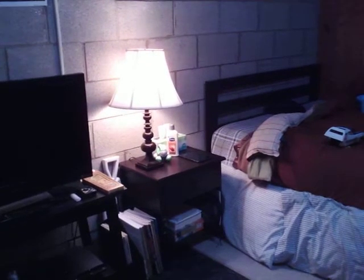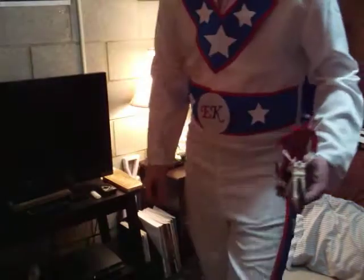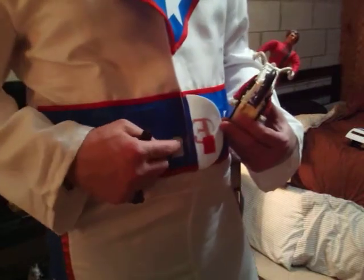Hey everybody, I just wanted to do another Evel Knievel collectible video. I picked up this jumpsuit off Amazon for like 45 bucks or something. The belt, I needed to add a piece of Velcro to the back side to receive this side, which is